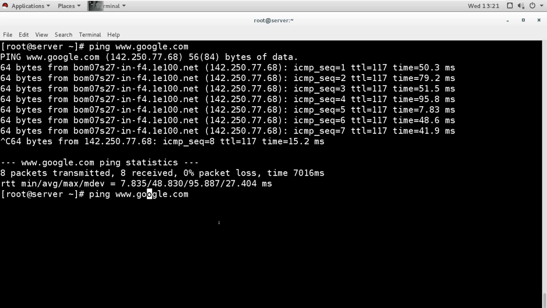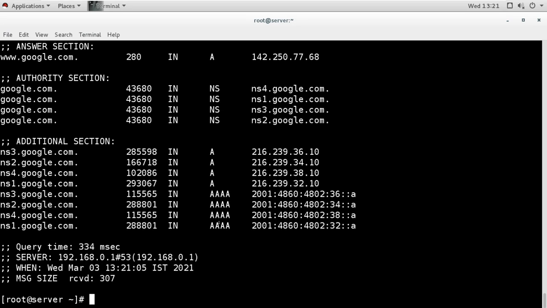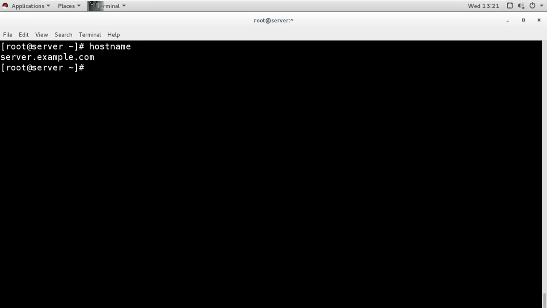Which DNS server is working right now? This DNS server, 192.168.1.1. This is the internet DNS server, and it will not resolve my server name, which is server.example.com.